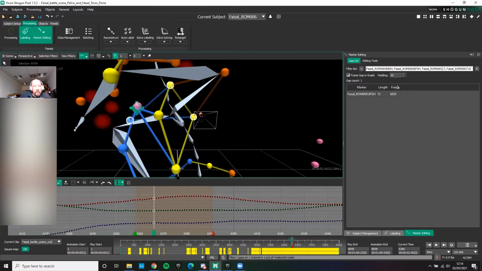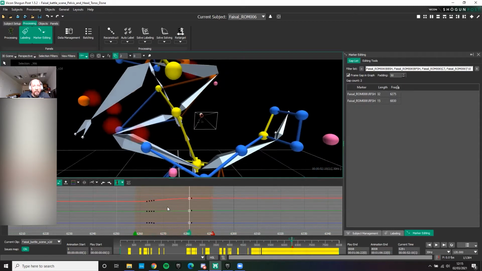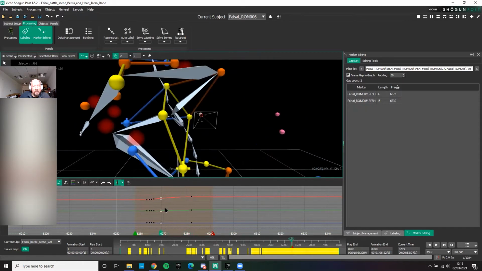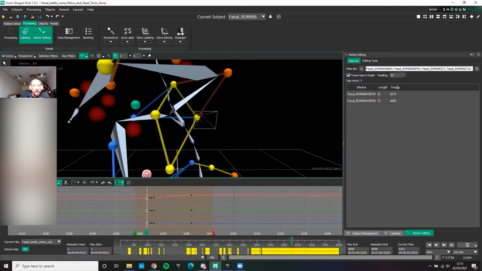Now, again, there's two things I can do here. If I spot that, I can undo it and maybe look at that one to see how many frames there are. And it might be that I want to label that to say that it's the shoulder, because it clearly is where the shoulder should be. But if I look back at that, if I go and redo that,